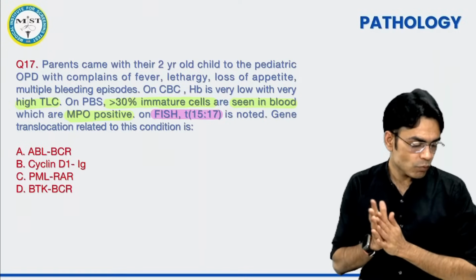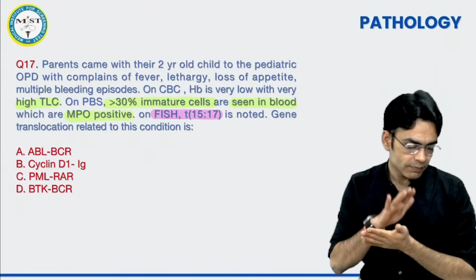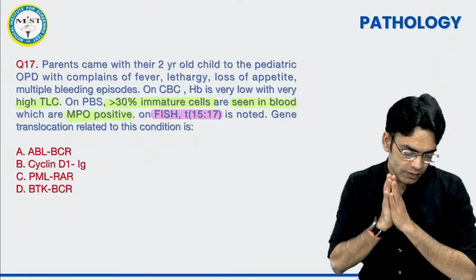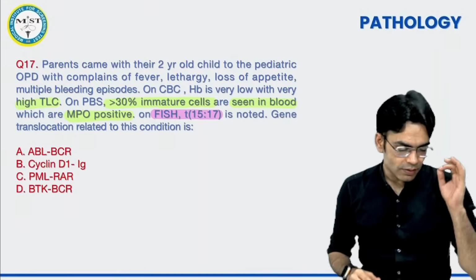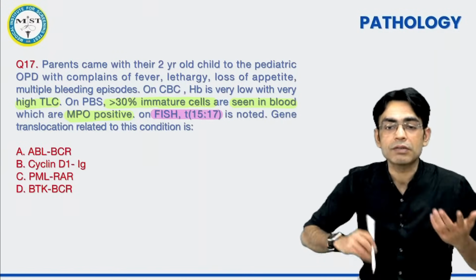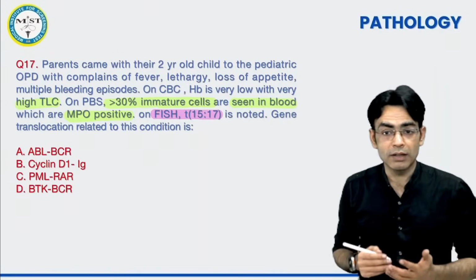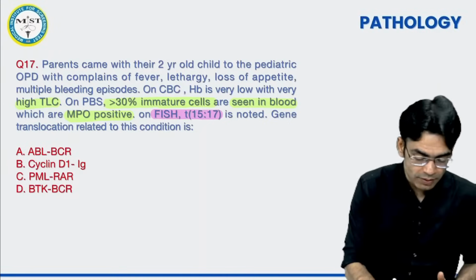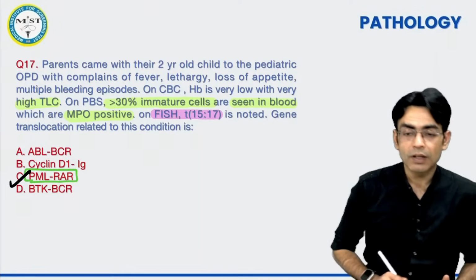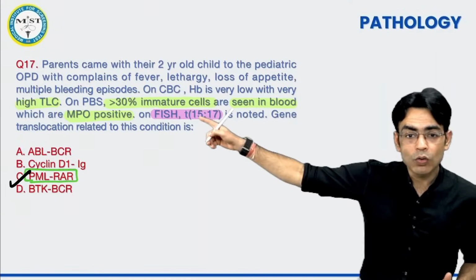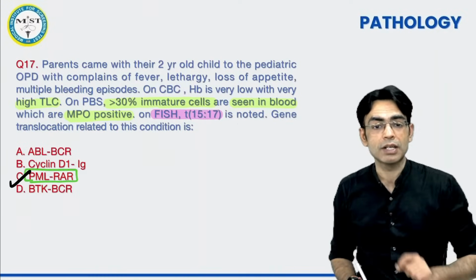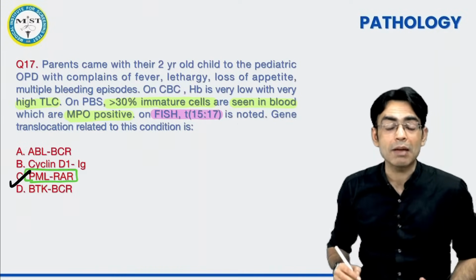Okay? Very good Jatin. Shweta, you are also right. Jayendra, you are also right. Shejal, you are also right. This is AML, promyelocytic leukemia, the PML RARA gene. This is the correct answer. On chromosome number 15, we have PML, then RAR. So it is the PML RARA gene. The correct answer is PML RARA, AML M3.